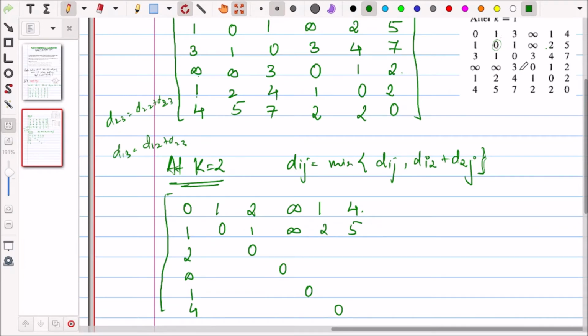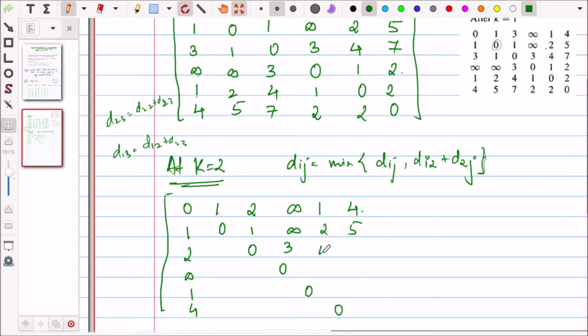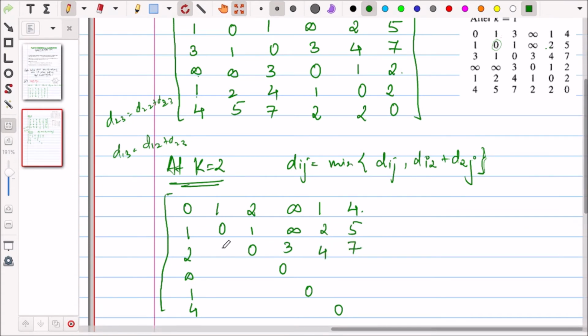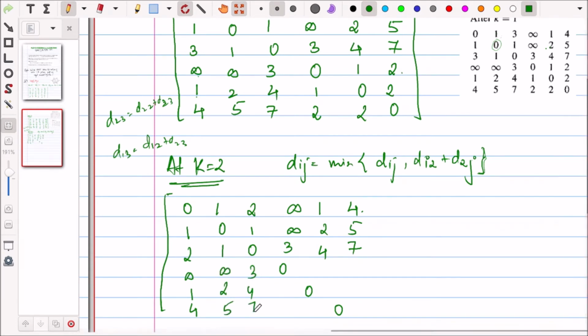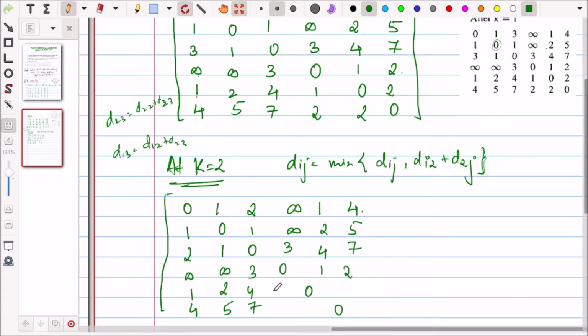ठीक है? Is it fine? Yes, sir. अब नेक्स्ट हमें 1 ऐड करना है इसी में. So 1 ऐड करोगे तो क्या आ जाएगा? 1 plus 3 is 4, right? But here we have 3, so it will be 3 only. 1 plus 4 is 5. Here we have 4, so ये सेम ऐसे ही आ जाएगा. Then okay, अब now we are adding infinity, so infinity ऐड करेंगे तो again it will be same, right? So 0 1 2 1 2 and then